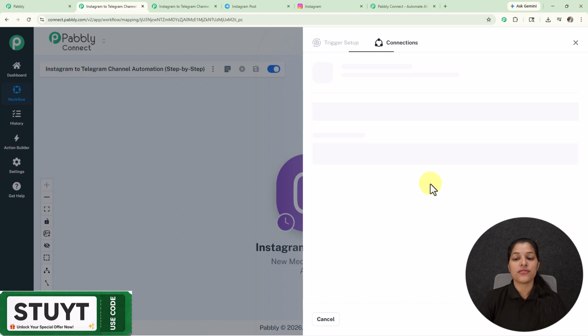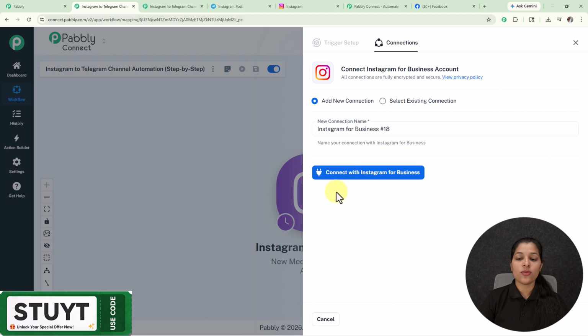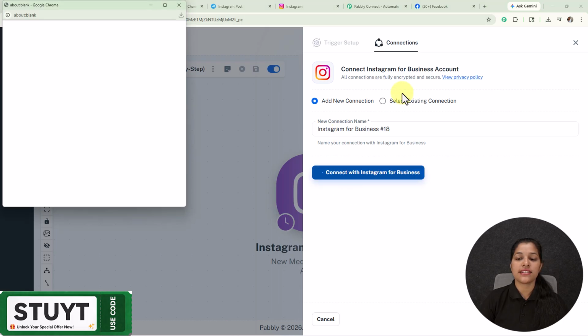And now we just have to click over this connect button, and here we have landed on the connection page, where if you want to go through your existing connection, then you can select this existing connection button, and for building a new connection, you just have to click over this add new connection. And now we just have to click over this connect with Instagram for business,